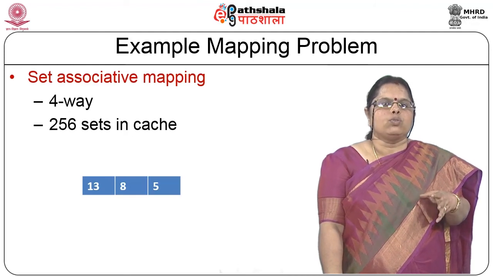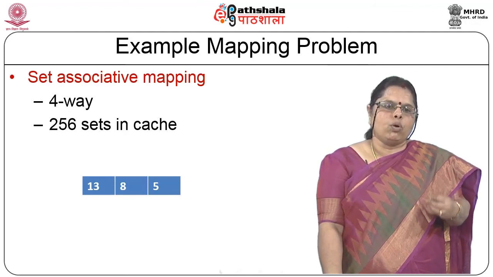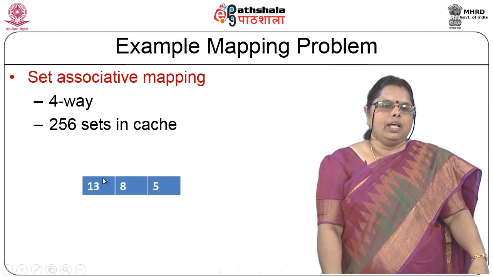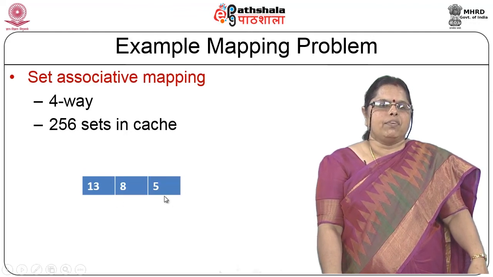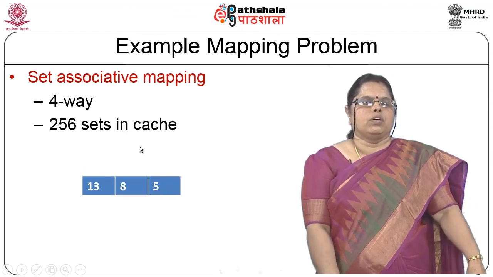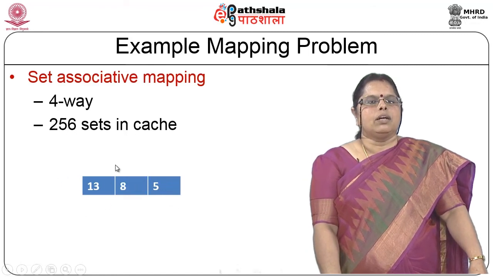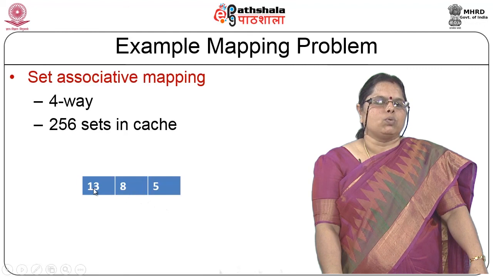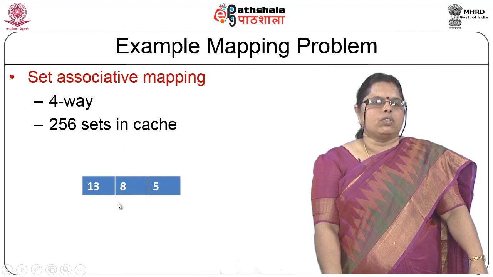Now, looking at set associative mapping, we have 4 blocks forming a set. So, you have 2 power 8 sets here. That is why your set field is 8. Your block field is again 5, because your line size is 32, and the remaining 13 bits go as your tag field. So, as you keep increasing your associativity, the index field decreases. You can see for direct mapping it was 11 and 10 here. For 4-way set associative mapping, this is a 13-bit field and this is an 8-bit field.